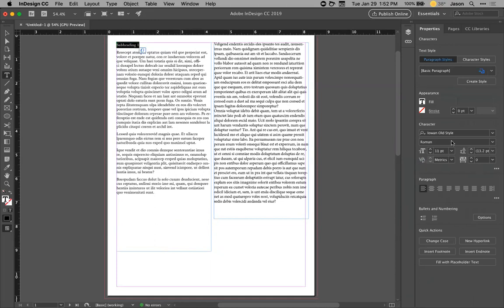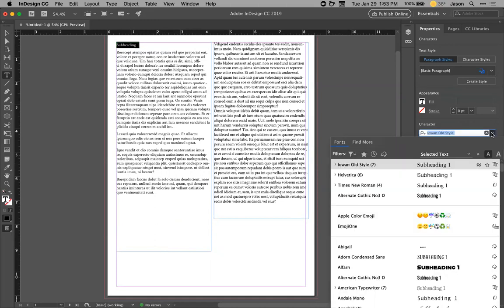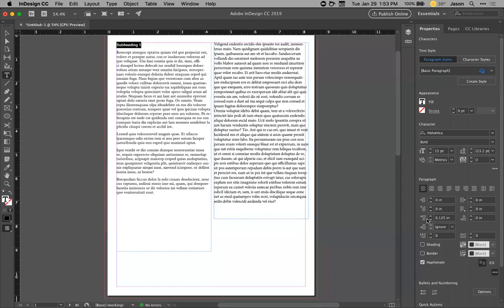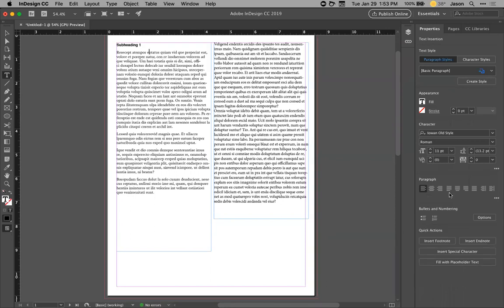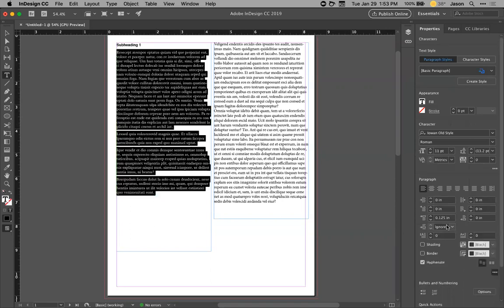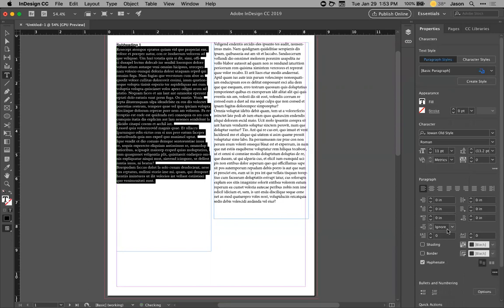And I'm going to make this subheading Helvetica and bold. And I'm going to get rid of the space between the paragraphs for the subheadings. I don't want any. Now here, the problem is I put space above, and so that's putting space between the subheading. So I'm going to go here, and rather than doing space above, I'm just going to say that I